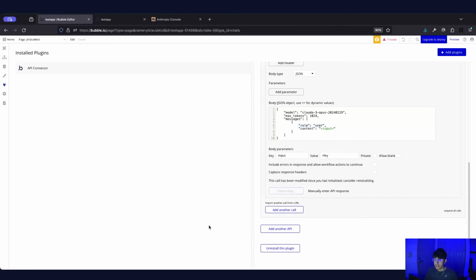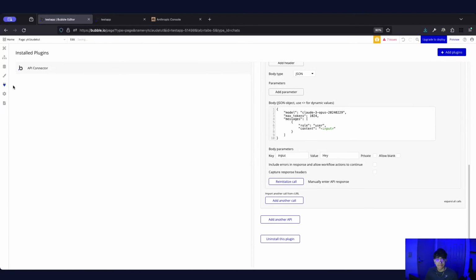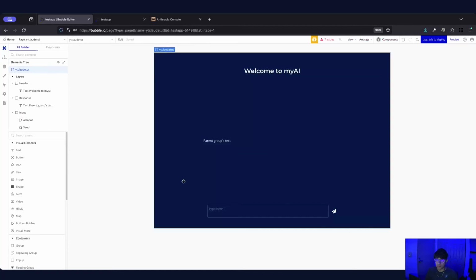And then you would hit initialize call, and you would get a return of things from Anthropic. And you just want to save these because everything should already be set, and you're just going to save it. So once you have that done, you can go back to our UI, and this is where the fun begins